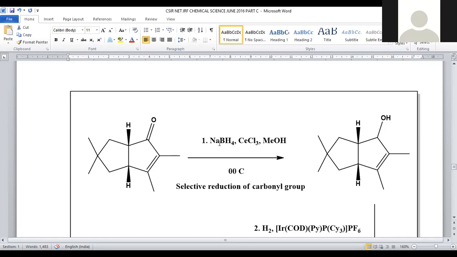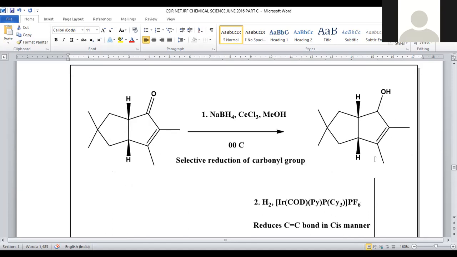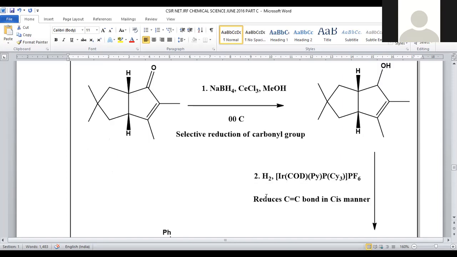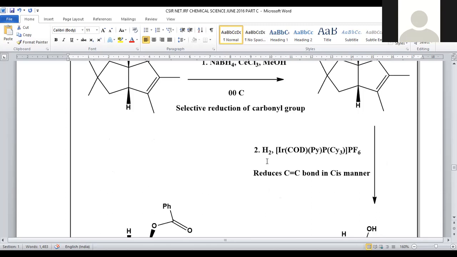Under this condition, sodium borohydride is selective for carbonyl reduction rather than the olefinic double bond. It is a mild reducing agent with selective reduction of the carbonyl without affecting the double bond. Here a ketone is there, that's why we got a secondary hydroxy compound, and the remaining groups will not be impacted. Only sodium borohydride will reduce the ketonic functional group into a secondary hydroxy. So this is the transformation.